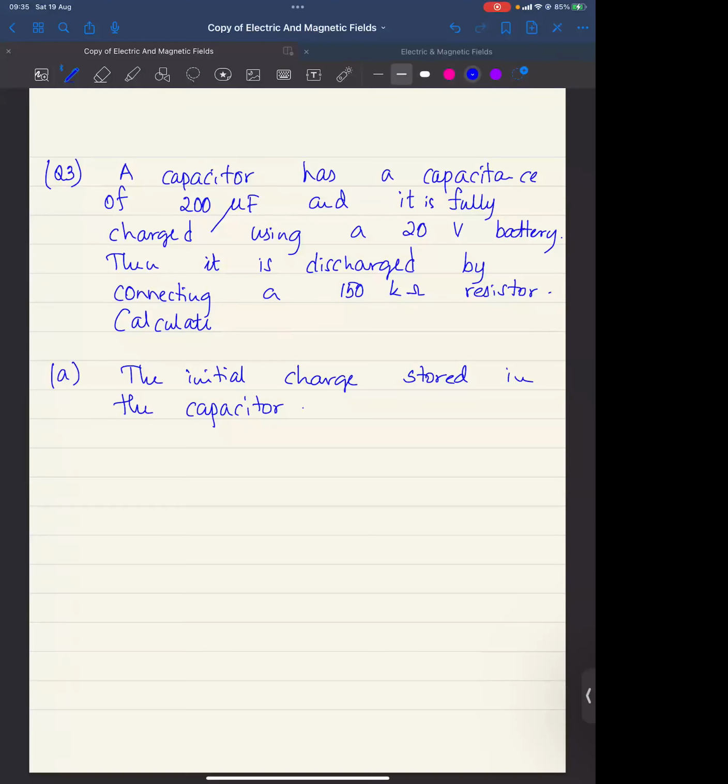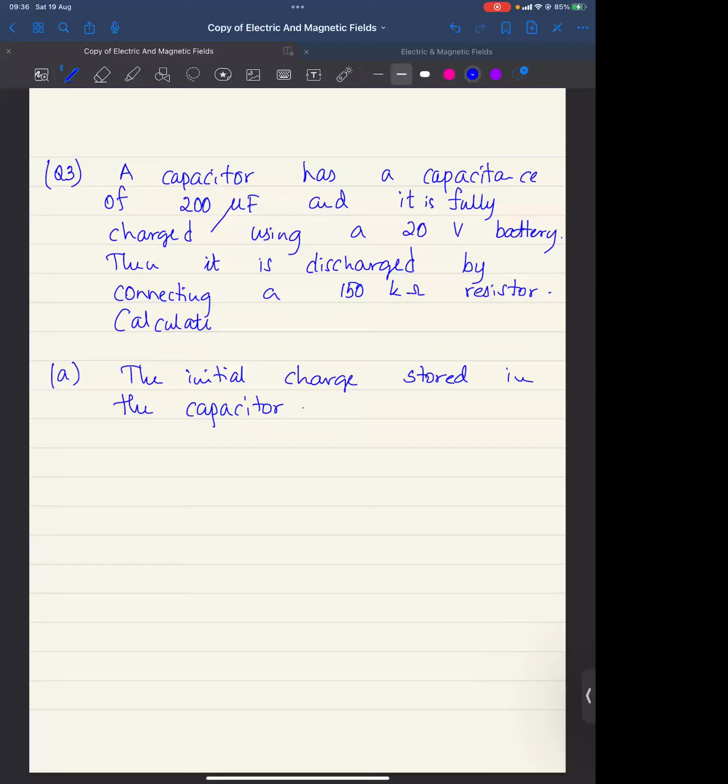Then it is discharged by connecting it to a 150 kilo ohm resistor. Calculate: